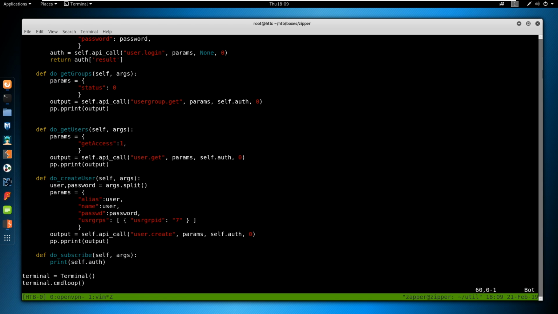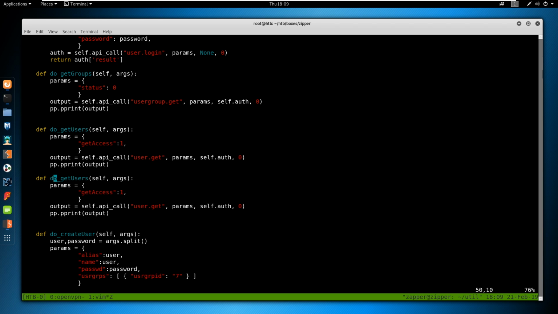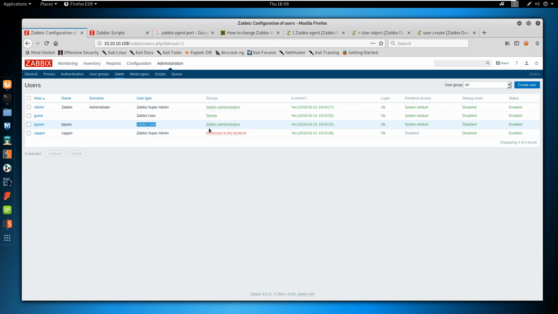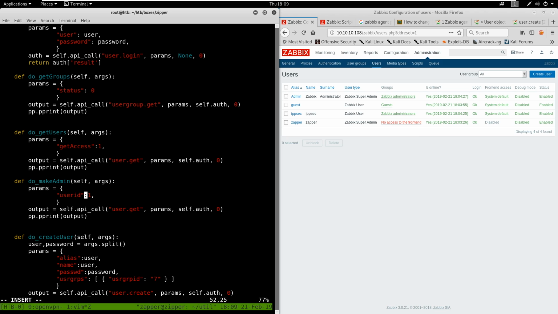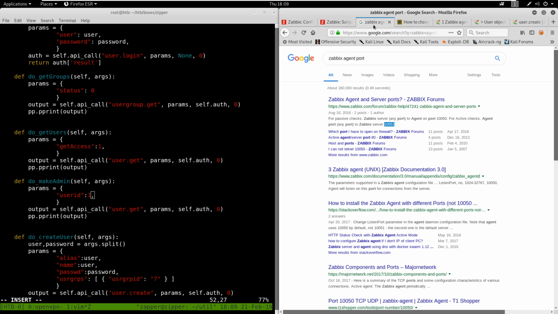Let's do 7. Let's try changing user. So make admin params. This will be user ID probably. It'll make it easier if we just do this. Put that there. Put this here. There we go. So now